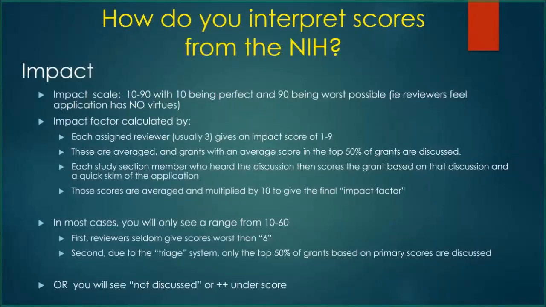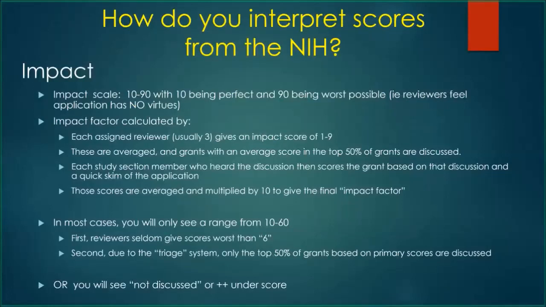These are averaged, and then all of the grants seen by the study section are rank ordered from the best score, which the best possible here is a 1, to the worst, which the worst possible is a 9, and they draw a line. And only grants that are in the top half of grants that the study section is considering will even be discussed by the study section. If your grant is in the top 50% of primary scores,